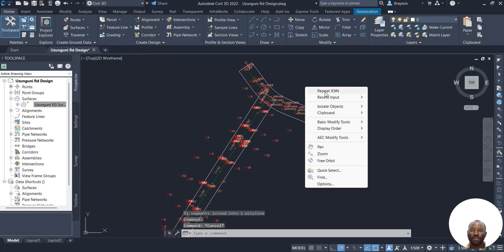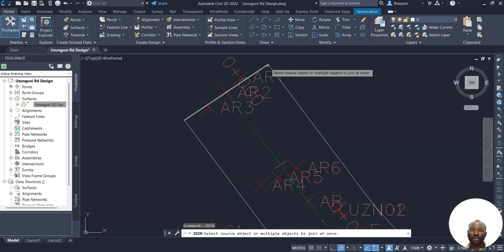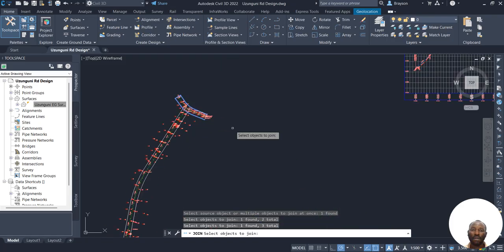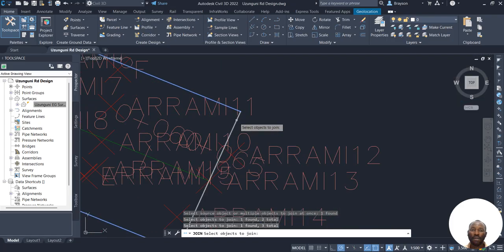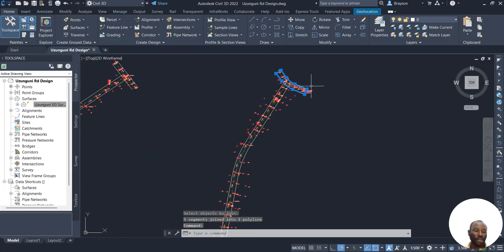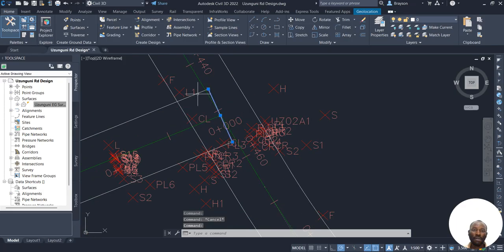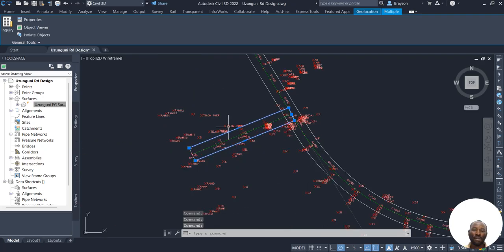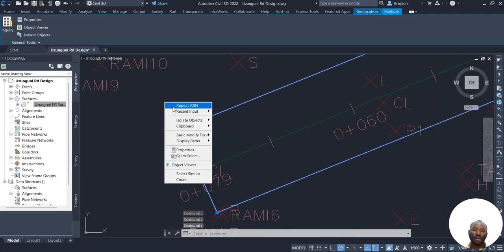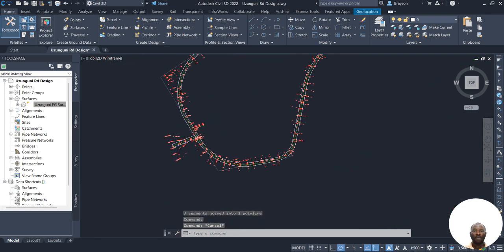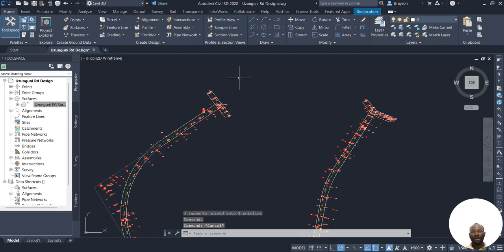I'll do the same to the access road, right? Seems to be one element, right? Therefore, this is how we are creating